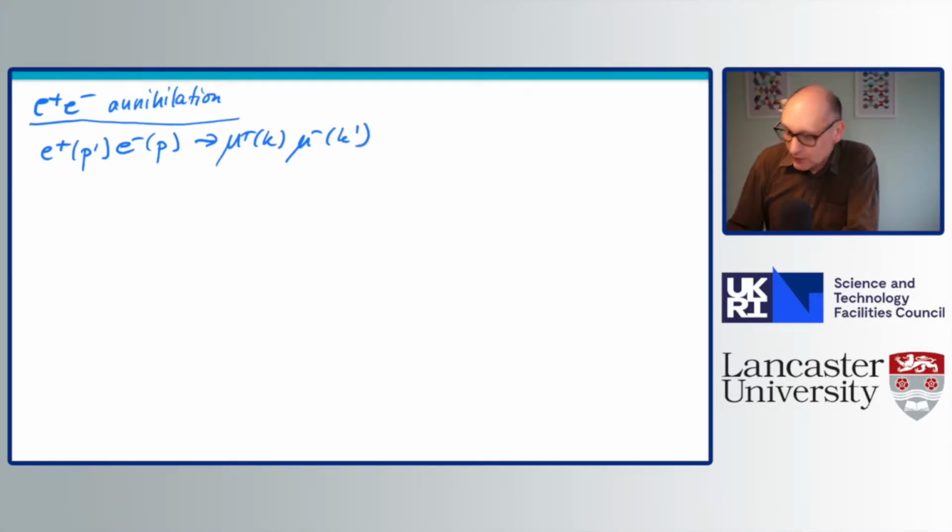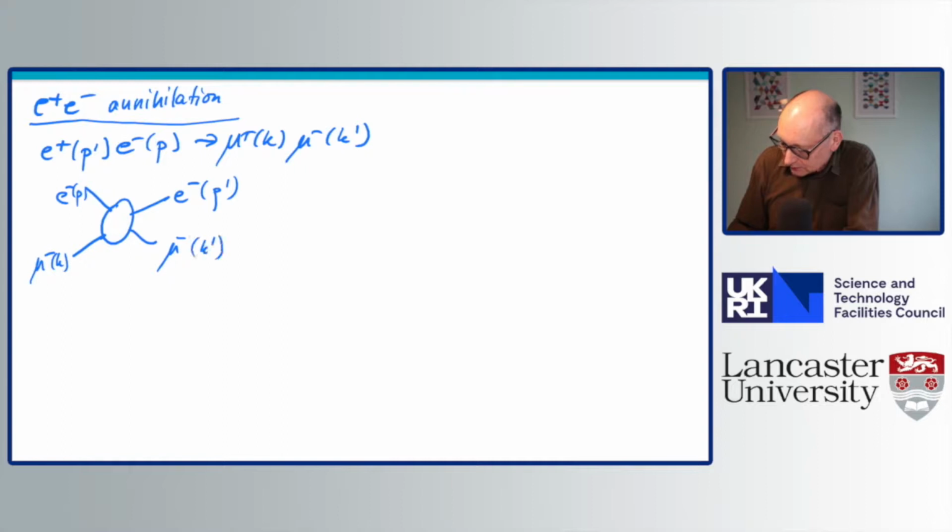Now it turns out that a property of all scattering amplitudes is that if we have an e minus of p and a mu minus of k going into an e minus of p prime and a mu minus of k prime, like we had before, then the scattering amplitude, if one wants to calculate instead, say, a mu plus,